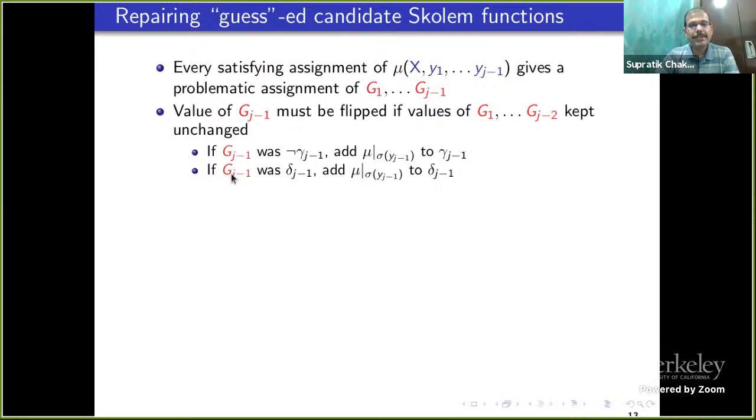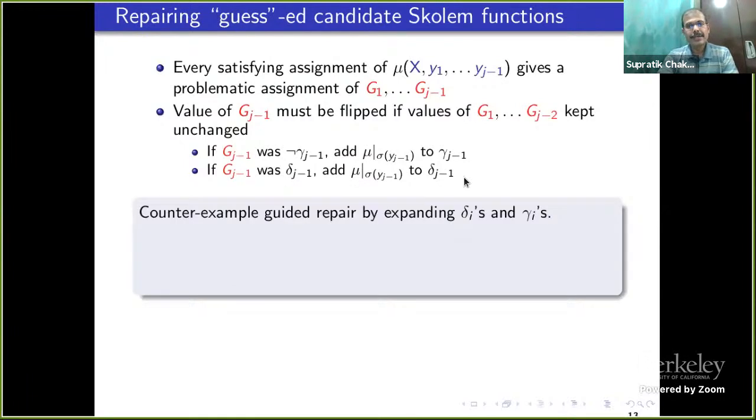Okay, and what does this mean? That if I had obtained g_{j-1} as negation gamma_{j-1}, remember all the guesses were either negation gammas or deltas, then I need to add the mu to this gamma_{j-1}, and if this was delta_{j-1}, I need to add it to delta_{j-1}. So let me just wrap up by saying that this is the high-level idea of how we do